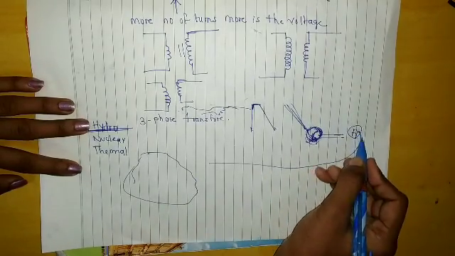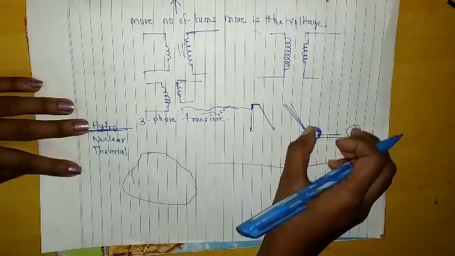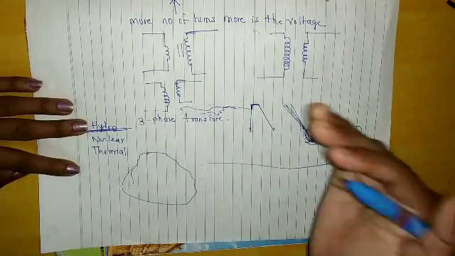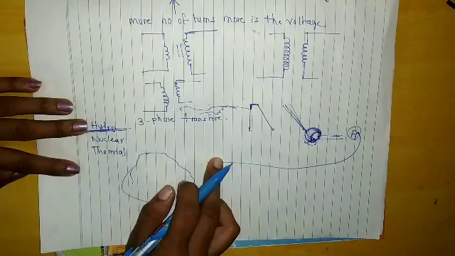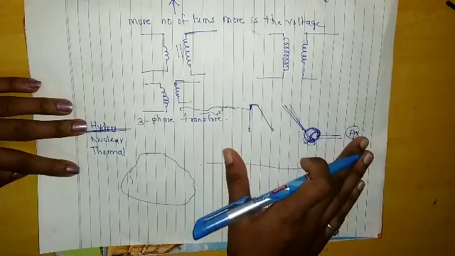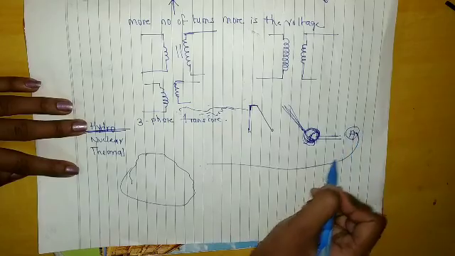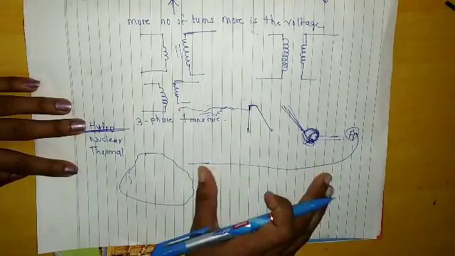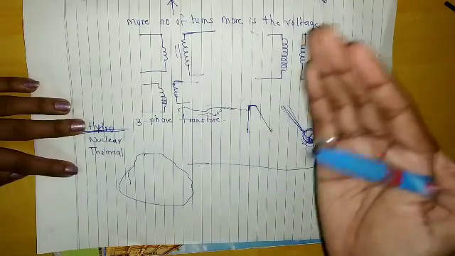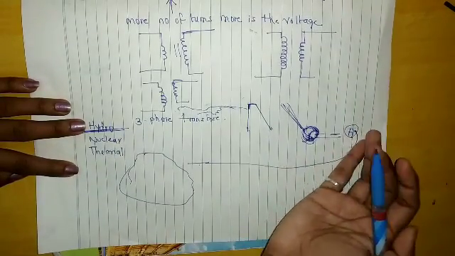This transmission is done at high voltages. Whatever the voltage generated here, we have to step up the voltage. That means we have to increase the voltage level for the transmission, right? So transmission is done in higher voltages. For this higher voltage transmission from the generating station to the cities, we require a 3-phase transformer. We generally step up the voltage levels from this side, and then the transmission of